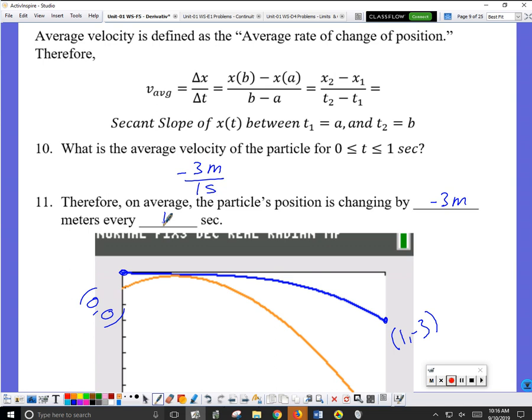We want to talk more about that. When you say average, does that mean between 2 points that we want the average, or just a specific spot? It's really saying, for this 1 second time period, on average, what is the velocity of the particle? If you look at the calculator,